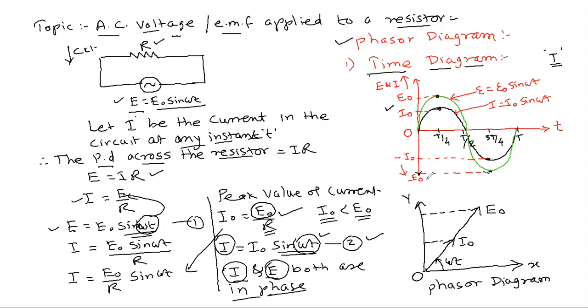And in the phasor diagram, since both are in the same phase, we have represented the angle omega t with the x-axis, and this is the value of I naught, the peak value of the current, and the peak value of the EMF. And I already told you that I naught is less than E naught from this equation, which is also shown in the phasor diagram. Now we will proceed to the next point, that is our second topic: an alternating voltage or EMF